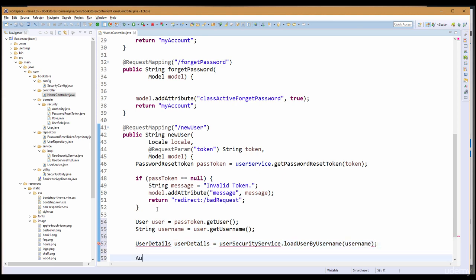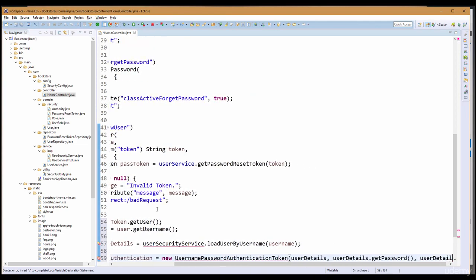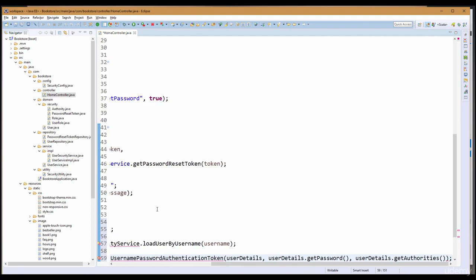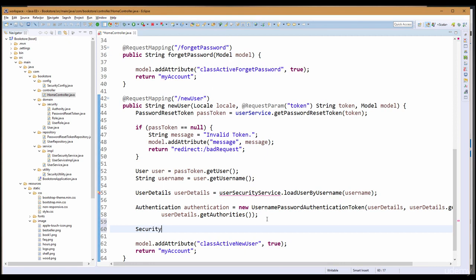Okay, and authentication equals to new username password authentication token, accepting user details, that get password, and user details that get authorities. Okay, and we're going to import the packages. And after that, we're going to invoke the security context holder that get current context, set authentication,